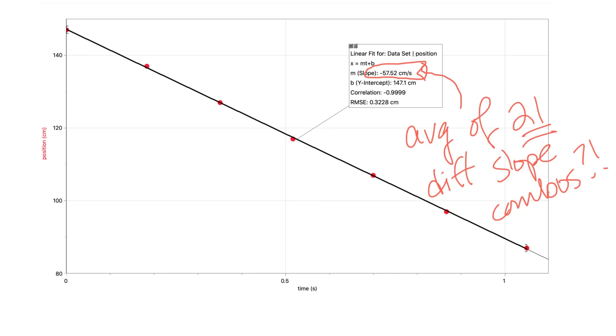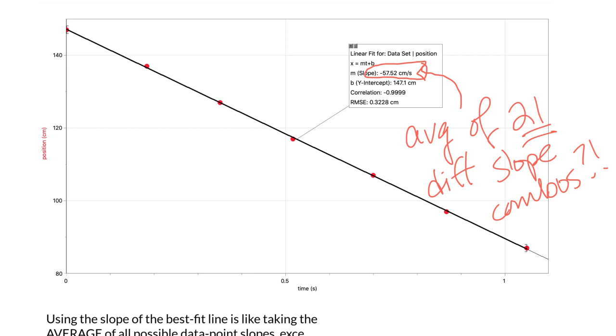If you use any 2 data points, you're not going to get the best possible answer. You're going to get one possible answer, but it's not the best possible answer, right? I hope that makes sense. So punchline, we type it at the bottom of this: using the slope of the best fit line is like taking the average of all possible data point slopes, except